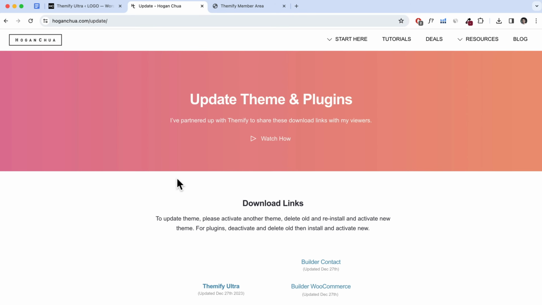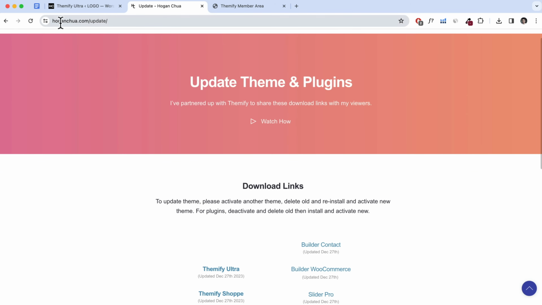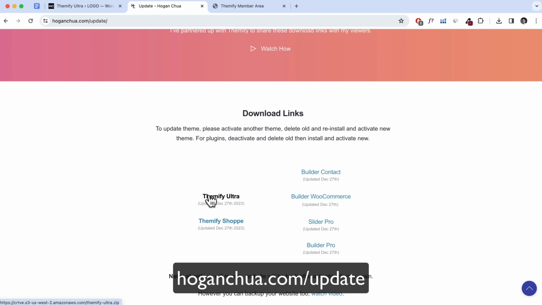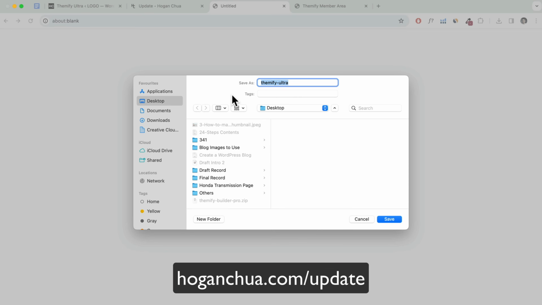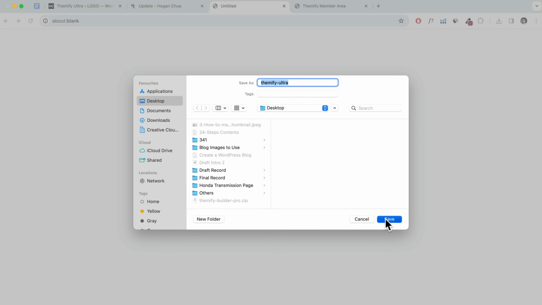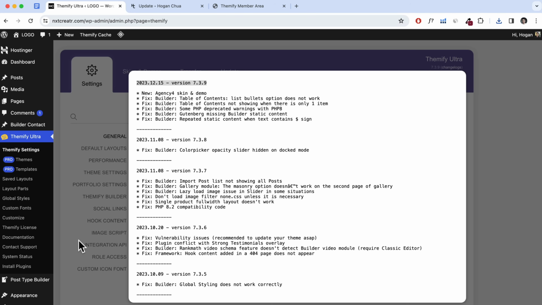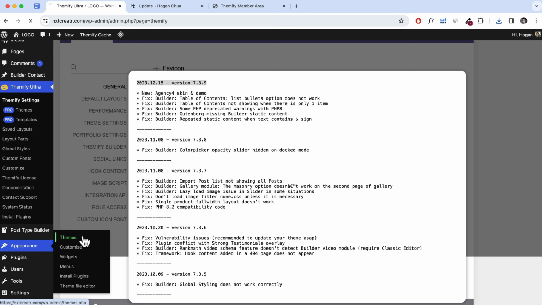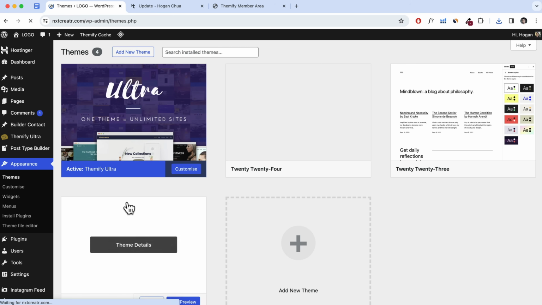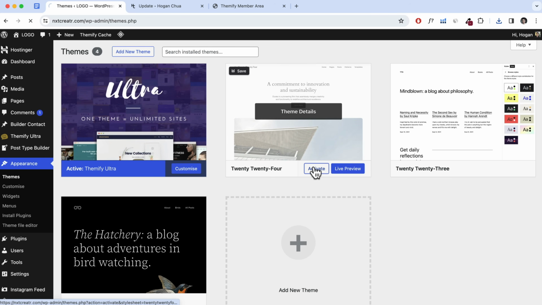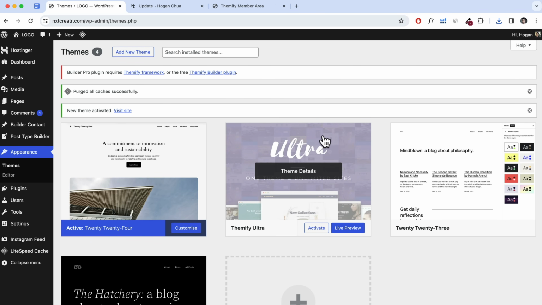So the first way is the manual way, and you can update by going to hoganchua.com/update and downloading the latest theme. So you can click on it just like that, and again, just download it onto your computer. And then you can go back over here. So what you'll need to do is just go to Appearance, Themes, and you'll need to select any other theme over here, and activate that one. Then from here,